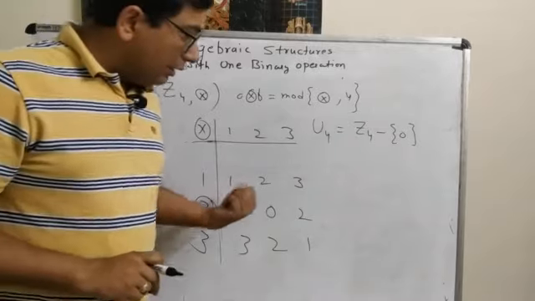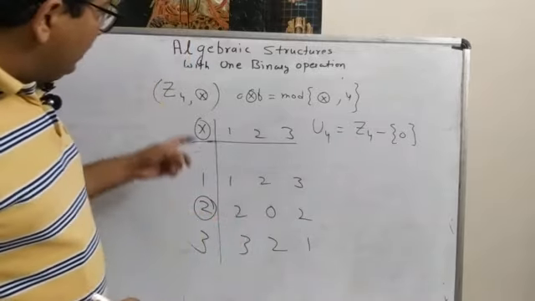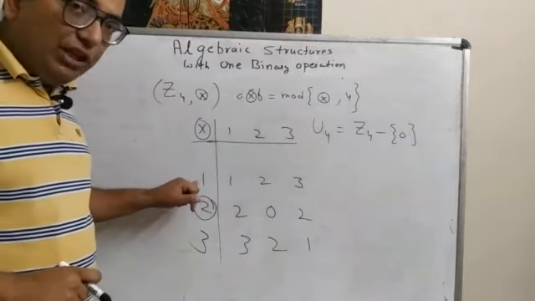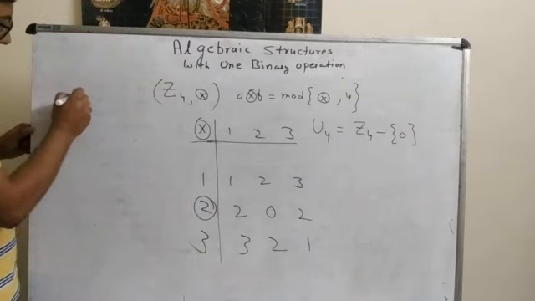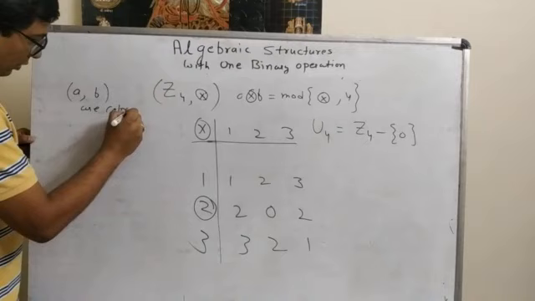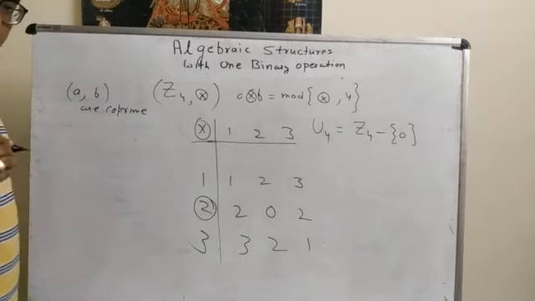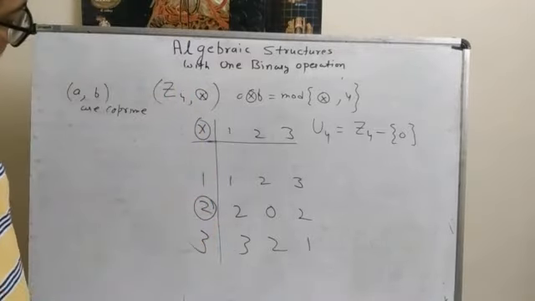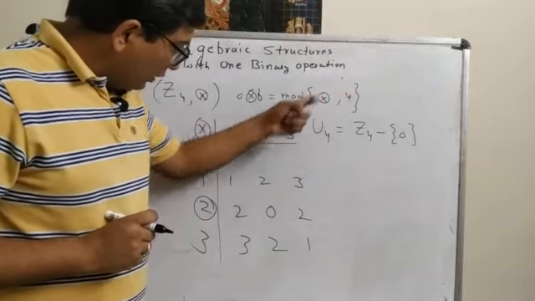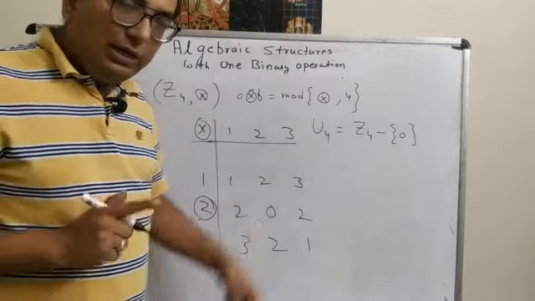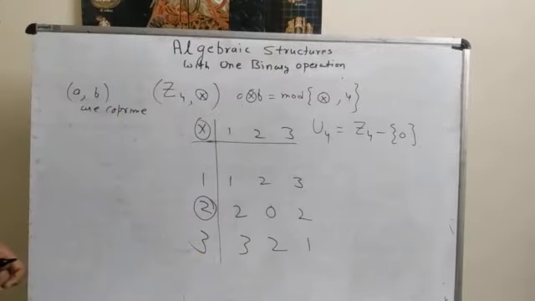Now here we have one observation. This number 4 is co-prime with 1. Two numbers A and B are co-prime when their common factor is equal to 1 only. When they have just 1 as a common factor. Moreover, this 4 is also co-prime with 3. Their common factor is equal to 1 only.